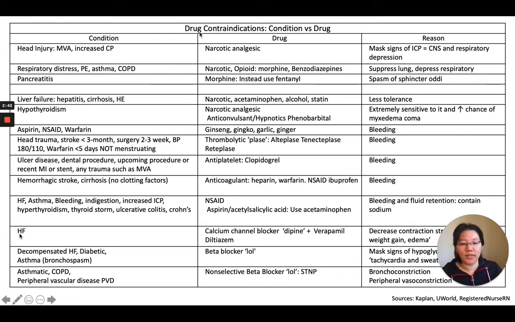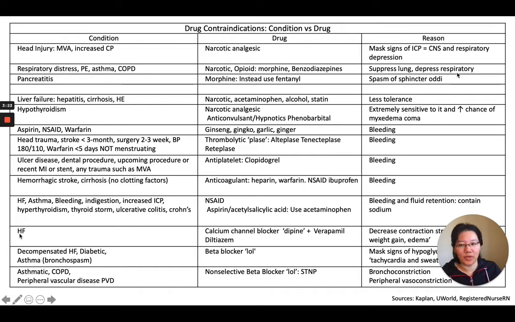This table is about drug contraindications, from conditions to the drugs. If patients have a head injury due to a motor vehicle accident and have increased ICP, then we cannot give narcotic analgesic medication because it will mask the signs of intracranial pressure. Again, with respiratory distress, PE, asthma, COPD, we want to avoid medications such as morphine and benzodiazepines, because they suppress the lungs and